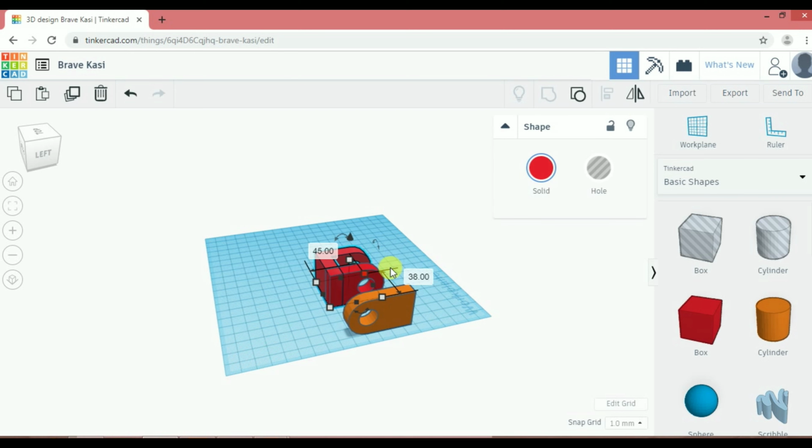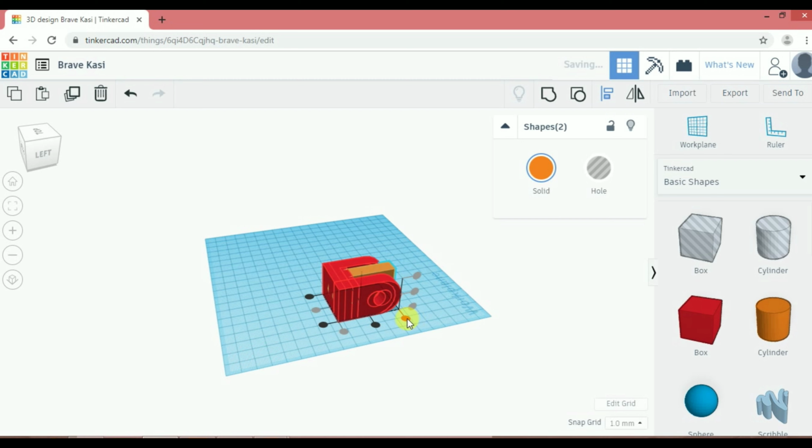Again, by selecting all the solids, align them as center to center, or center to first corner, or center and end corner.